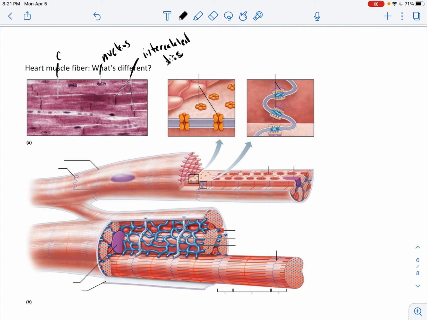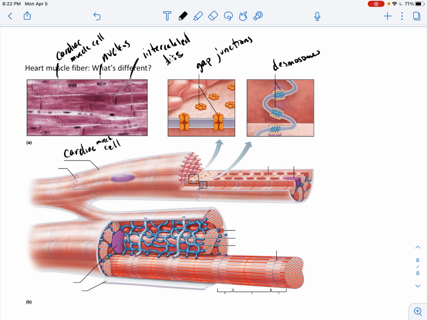And this whole thing is just a cardiac muscle cell. And so I'm just going to go through and label some of these, and then I'm going to talk about why these differences are so important. These are called gap junctions, and these are called desmosomes. All right. Now, when we look at the overall shape of a cardiac muscle cell, which we can label right here,